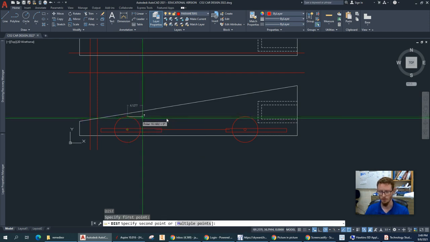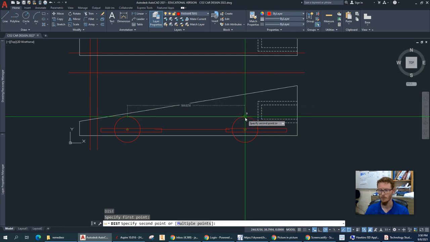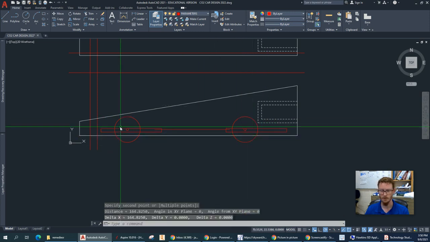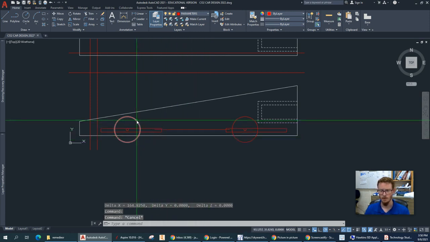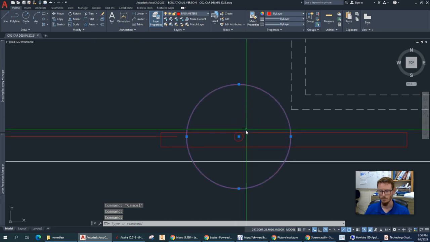I'll click on the quadrant there and there. There we go, quadrant 164 point something. All right, so that meets all the requirements. So the wheelbase is wide enough, it's at least that long. Let me hit escape. I'm going to select the circles,